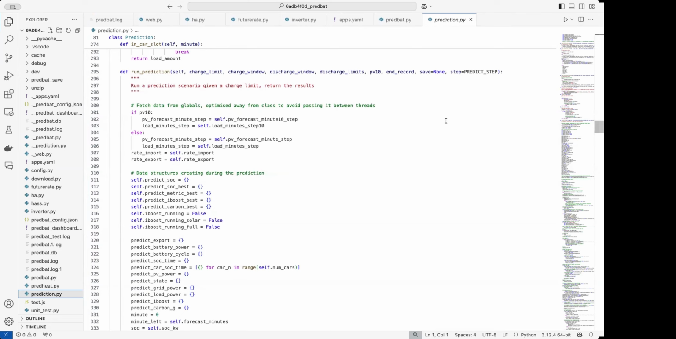Okay, today I'm going to be talking about Predbat internals and specifically in this video about the actual prediction algorithm itself. So the prediction algorithm is all based in the prediction.py file, and this is the main prediction function called run prediction. And essentially, what it needs to do is take in some parameters about your system and then produce a prediction as to what's going to happen in a 5 minute period from now until the end of the